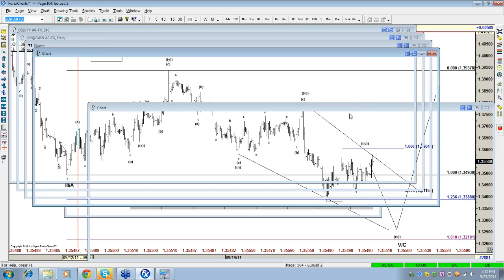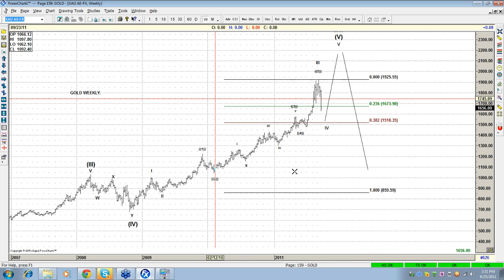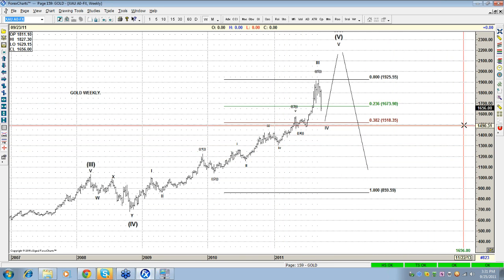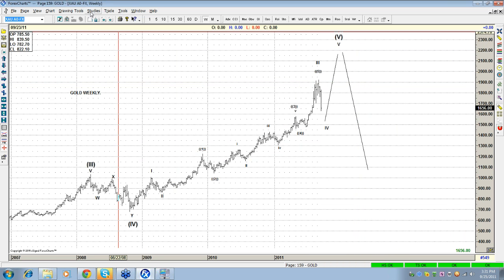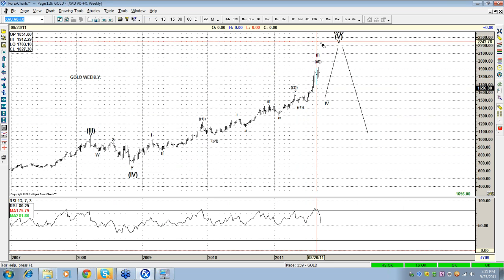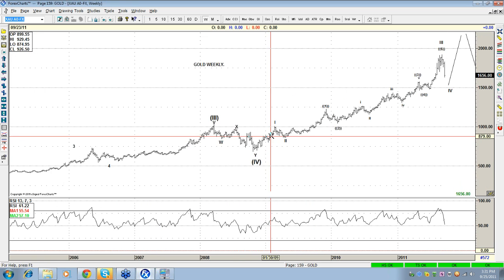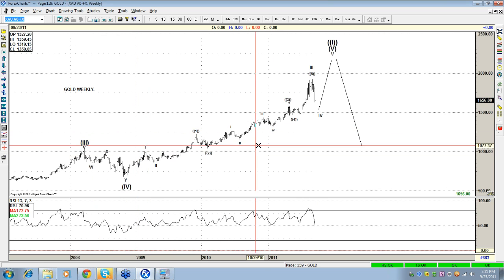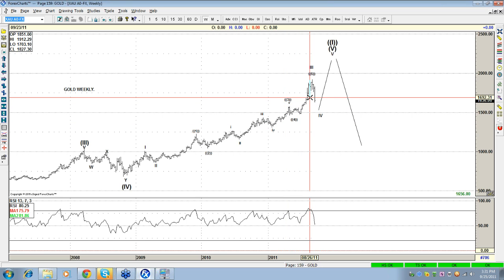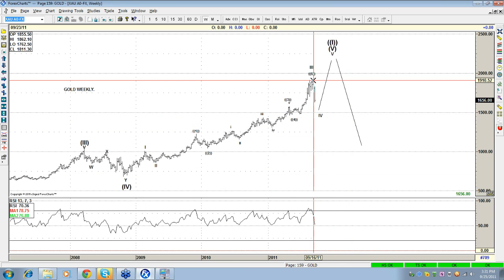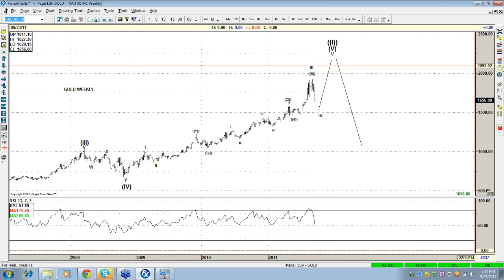Because of the move last week, we play a little bit with the count. Most likely it's the same, but this is what we got. This is a weekly chart in gold where there is still divergence, I believe, which is the 3 of 3. But within wave 5, this is my higher reading on the RSI. This is telling me that we ended at the top, wave 3 of 3. Guys, follow me?